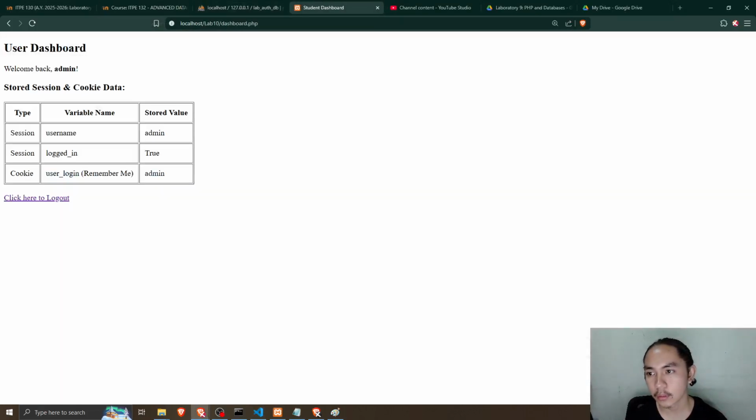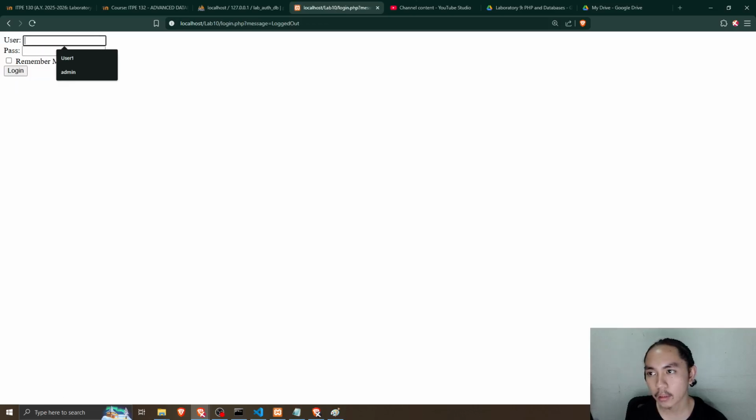For example, here I have my dashboard. Let's say a user can't log in if they don't have a stored password and user, so we have to create a database for that, and the session won't work without those.